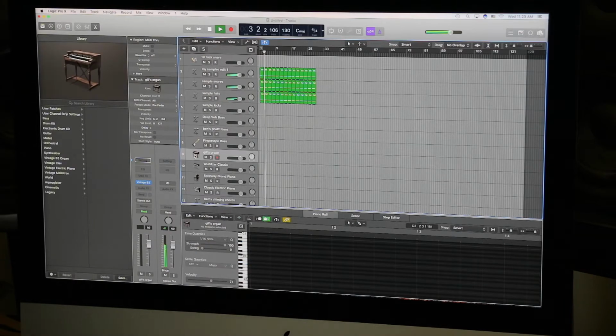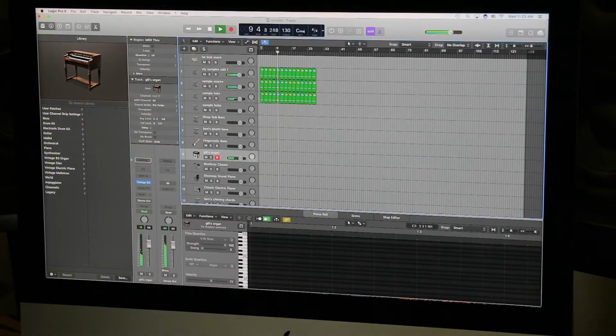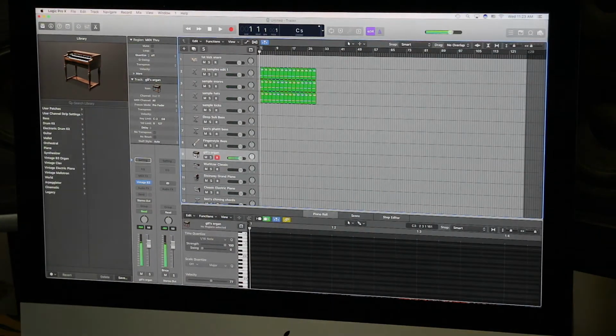So now, after I get a groove going, I'll come up with some sort of chord progression. I have this organ sound that I might want to use. Let's see. I'll move over to the other side here. I don't know if I could do anything with this.